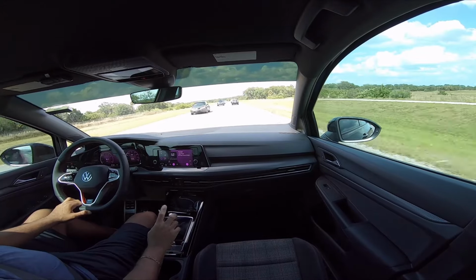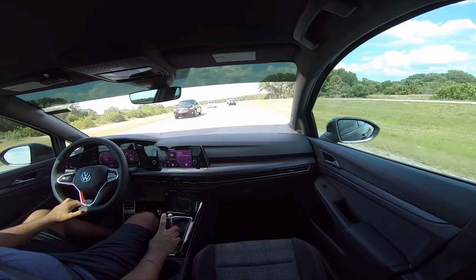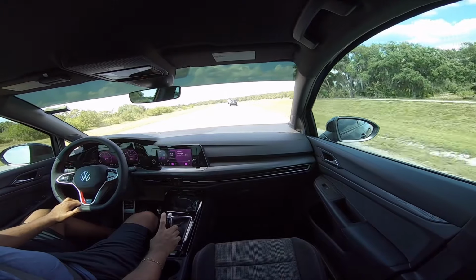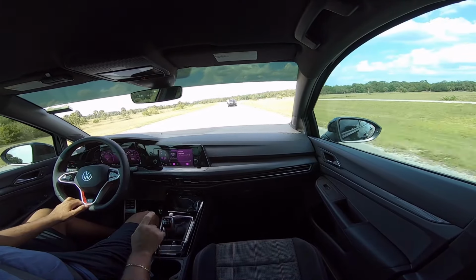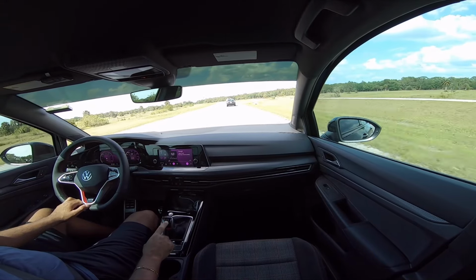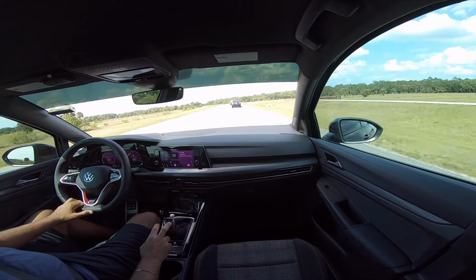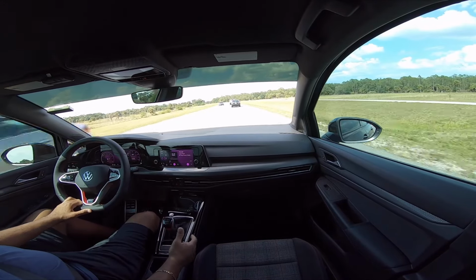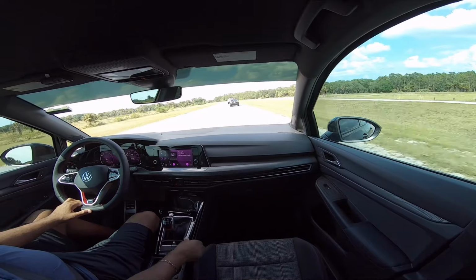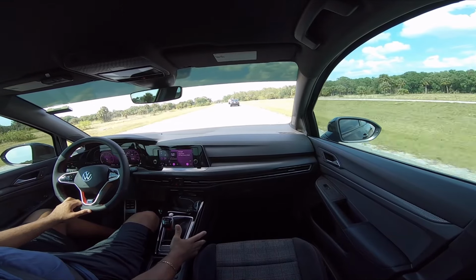So if you want more of a pure driving experience, if you want to be able to roll through your gears and just have fun, I highly recommend the 2024 Volkswagen Golf GTI. Also, this is the last year of the manual gearbox for these GTIs, as well as for the Golf R. It sucks that Volkswagen is doing that, but this is the last year they're going to be offering it. So you can either buy the last year model like I did, a 2024 Volkswagen Golf GTI or a Golf R,